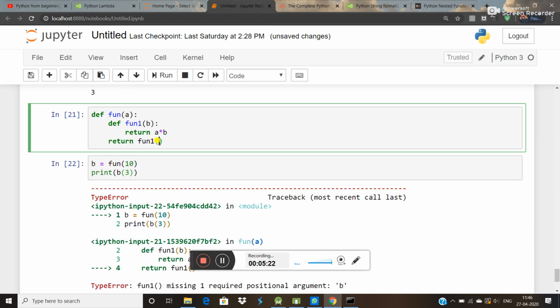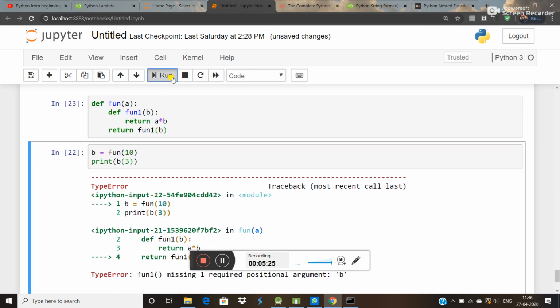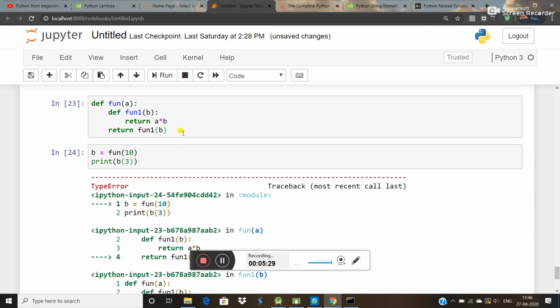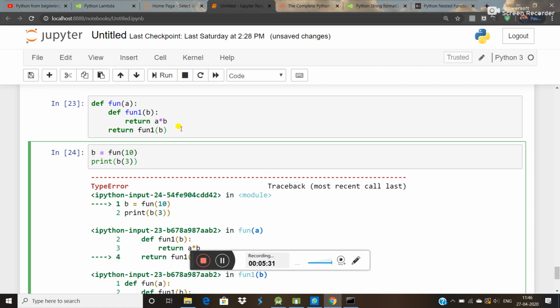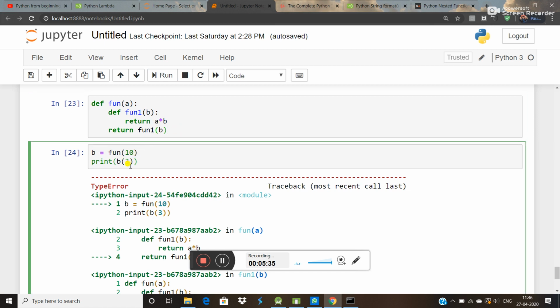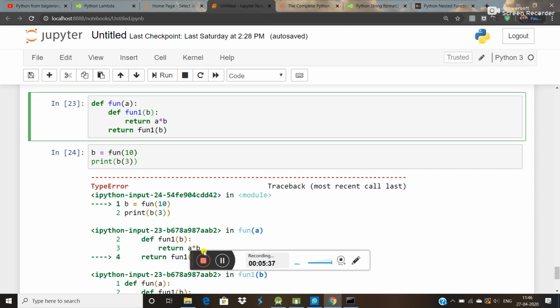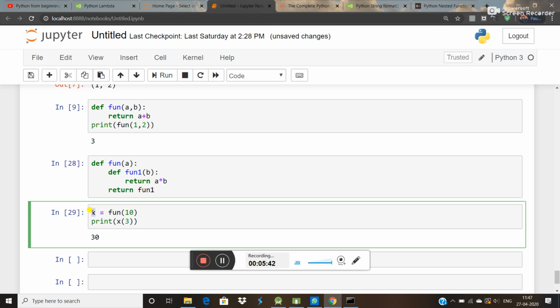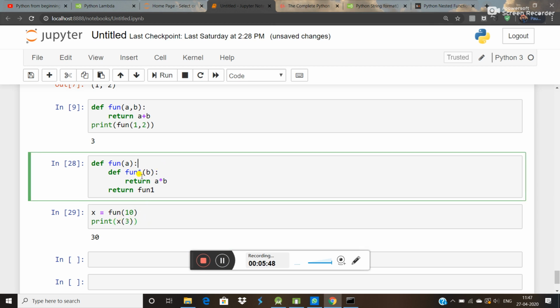If we write b here, it will also give an error. Think about why it is showing this error. Yeah, there is an error because we also wrote b here, that's why. So like that you can do this simply. Here we simply write x.